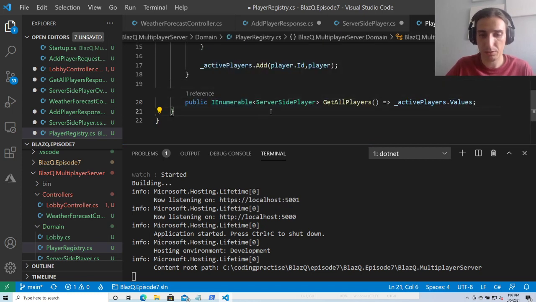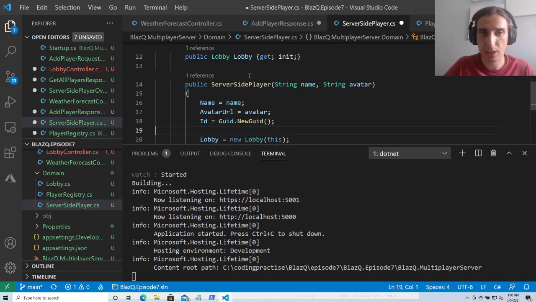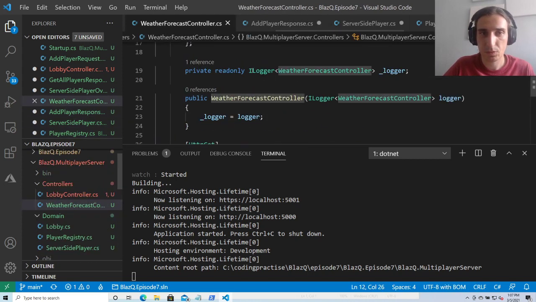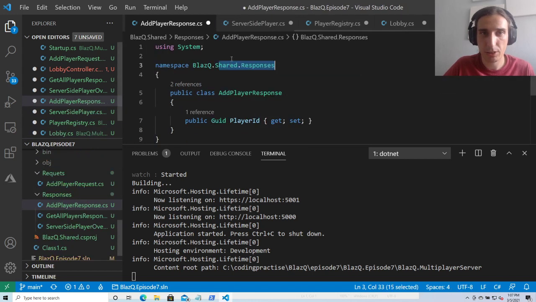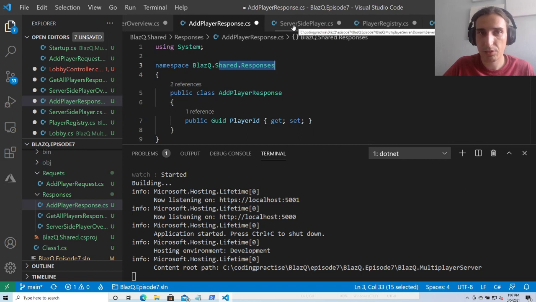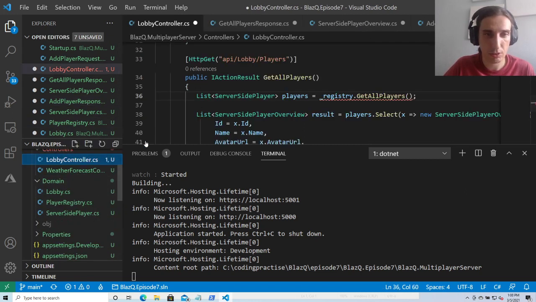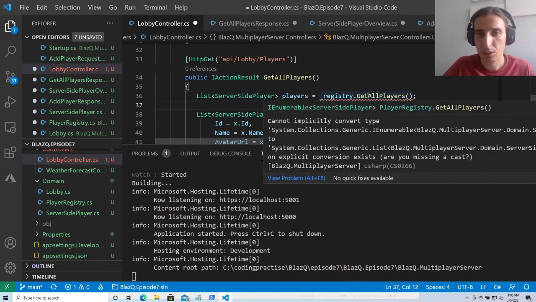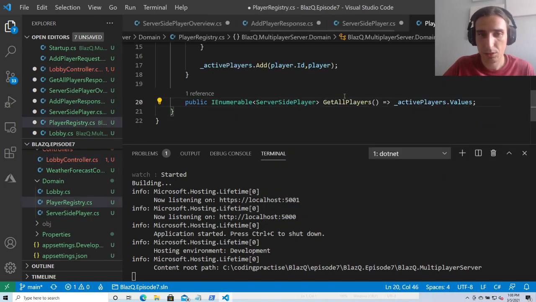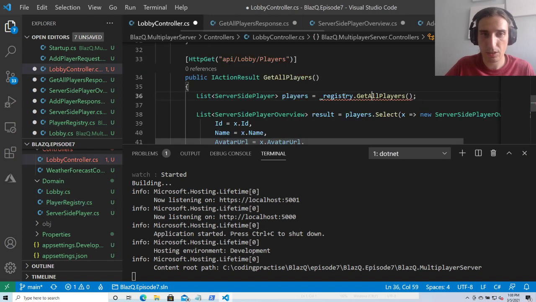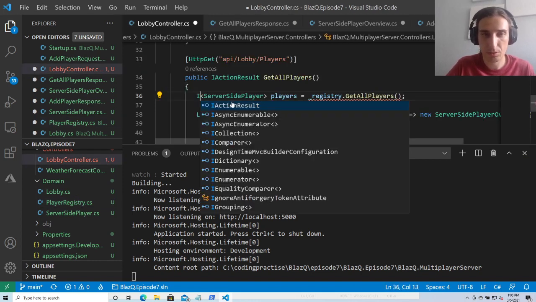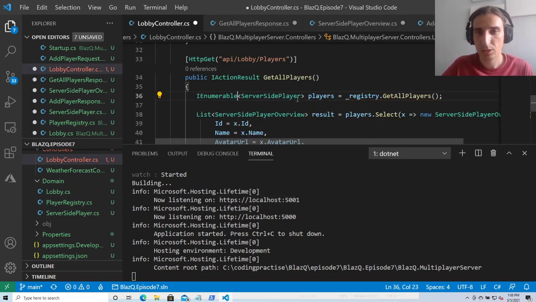Yeah, so things looking good here. Not well forecast, not needed anymore. Everything unsaved. And I go into my controllers, lobby controller. Okay, makes sense. So select is still working. Okay,